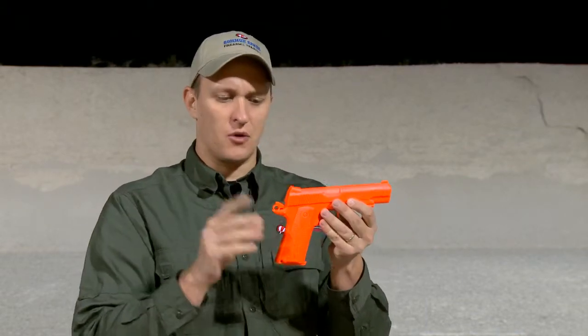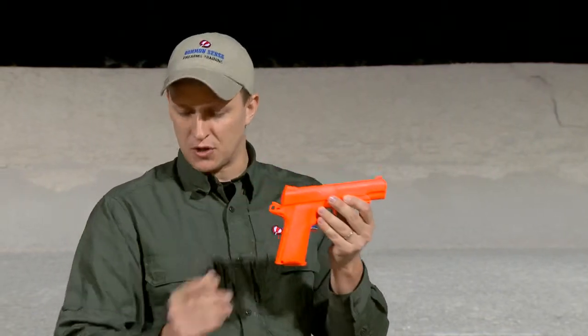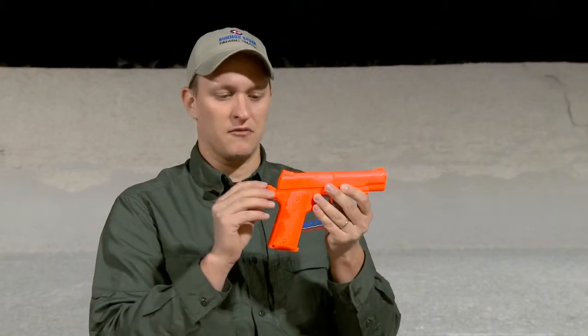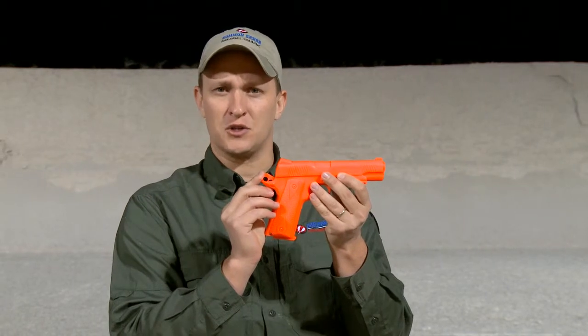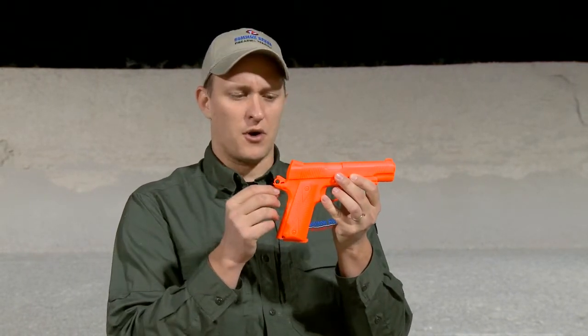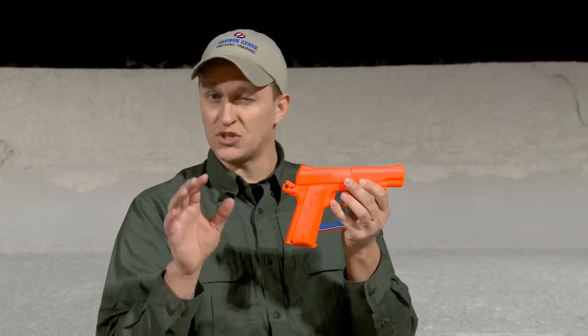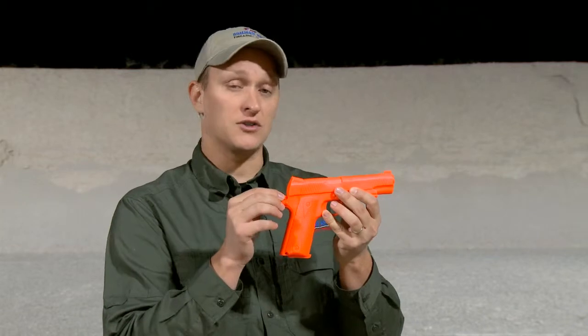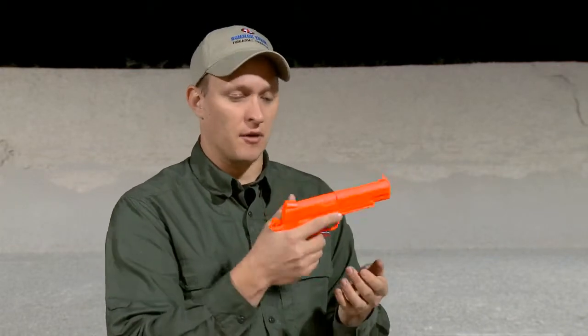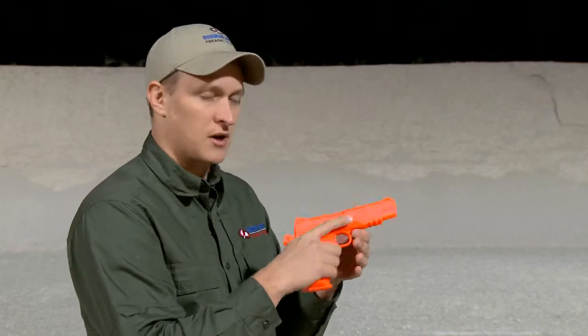Now, one thing to note with this is that you see the hammer is cocked back on this. This is one of those evolutions we're going to talk about a little further on in the video. But this is a single action only, which means that when you press the trigger, the only thing it does is put the hammer forward to engage the primer. But if it's not cocked back, in most cases, it will not fire. There are some 1911s that have been made double action, but those aren't common across the